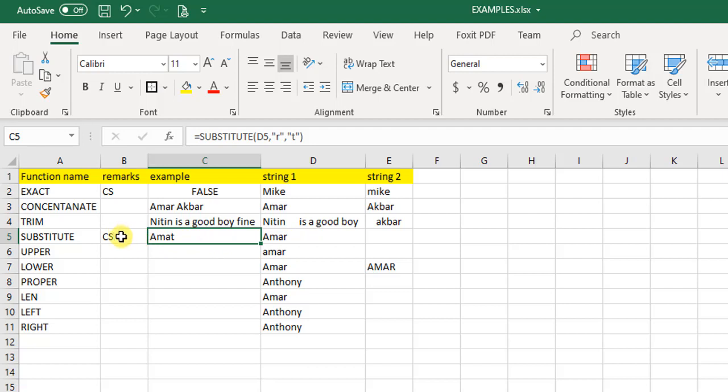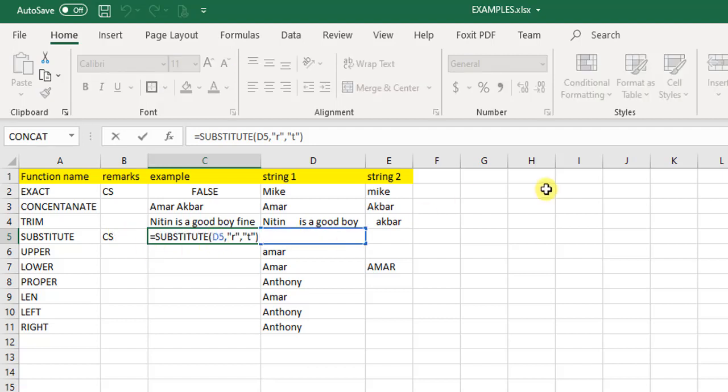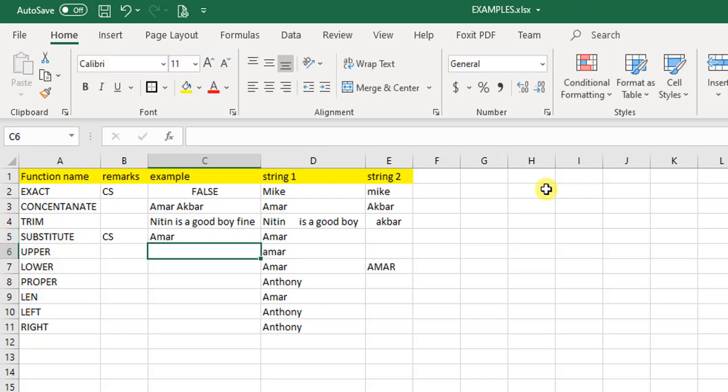Now as I told you, this is case sensitive, because in case instead of this small r I had asked for this big R, and hit enter, you see it has not replaced anything. Why?